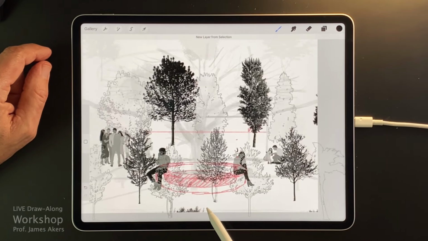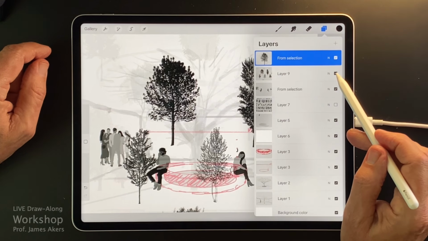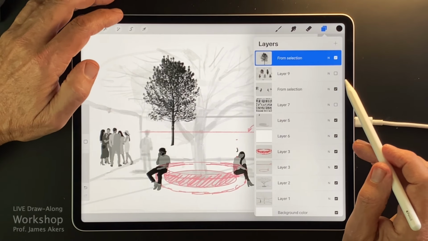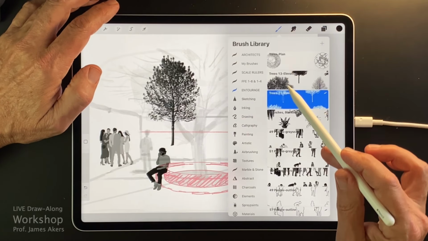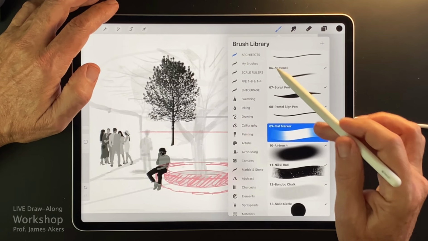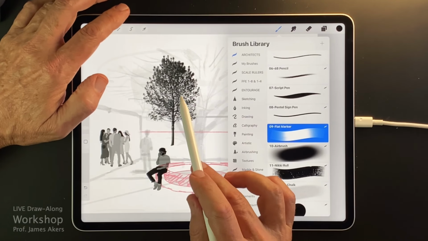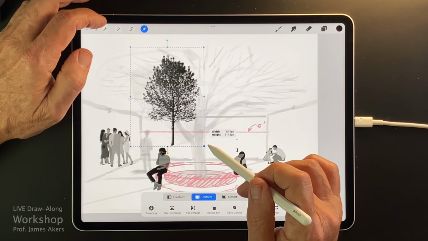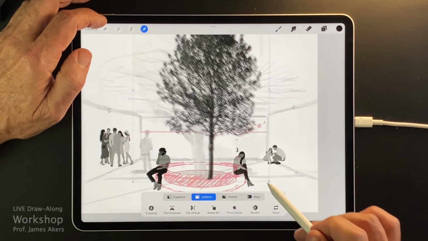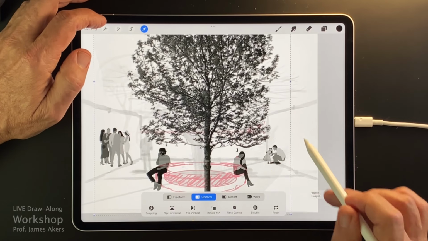We'll do our copy and paste, and we'll just make that part transparent, turn that layer off. I'll go back and change my brush so I don't get in trouble. And now I'm in this layer, so I'm going to go ahead and enlarge it, and make it a lot larger.